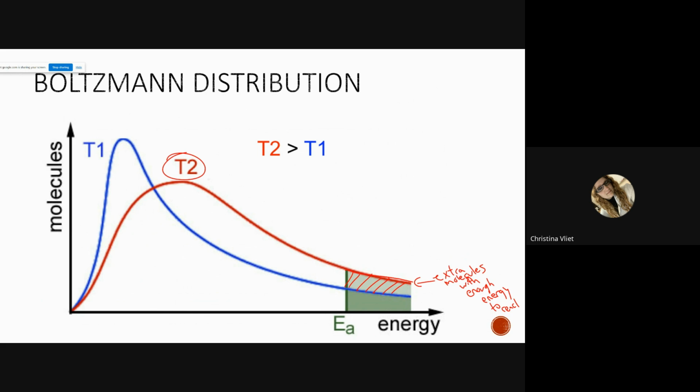What else do you notice about what happens at a higher temperature, from the first Boltzmann distribution to the second one? There's not as high of a proportion of molecules at any one amount of energy. It's more like spread out. So the way we understand that is the top of the curve moves down